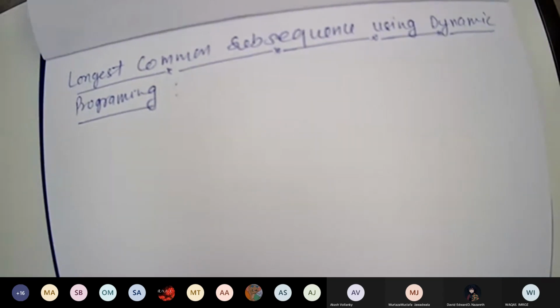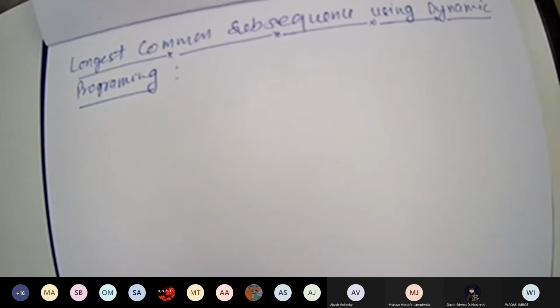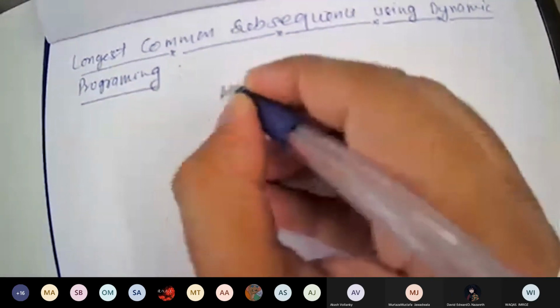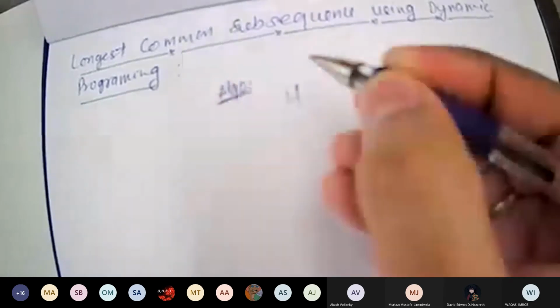So for this, firstly, again, I will write the algorithm. It's a small algorithm, which we have to follow.